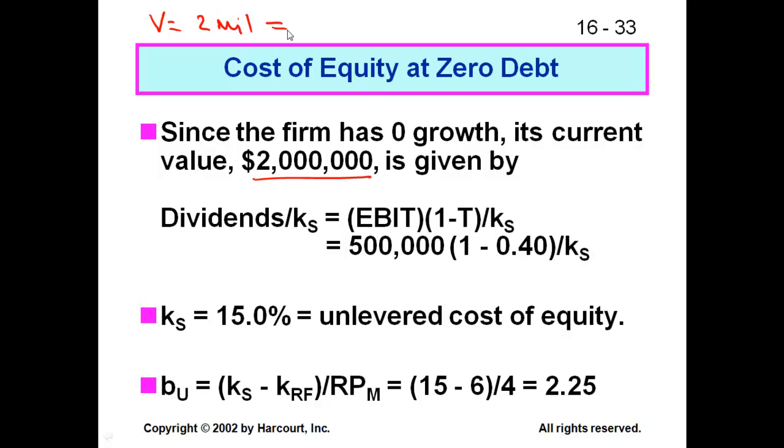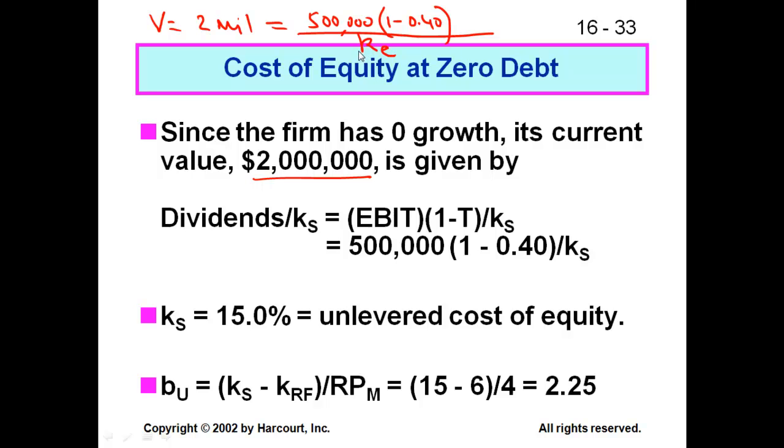Now remember your cash flow, this is zero debt. So any interest payments? No. And we said all the earnings are paid out as dividends. What were the earnings? It was 500,000. What was the tax rate? 40%. So how much dividend every year do the shareholders get? 300,000. So 500,000 minus the tax of 40%. So that's 300,000. The value of a company is equal to the dividends divided by the cost of